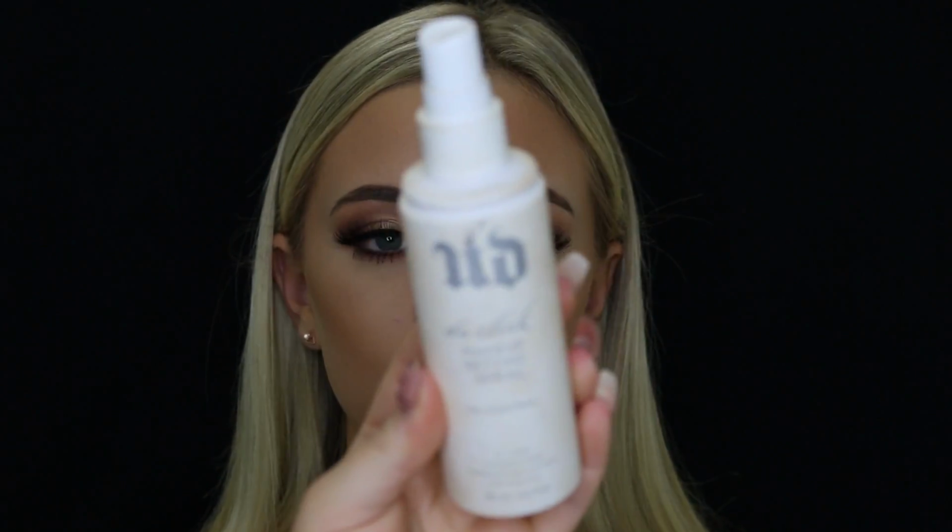Then I'm taking the Urban Decay De-Slick setting spray and just spraying that all over her face, and that is